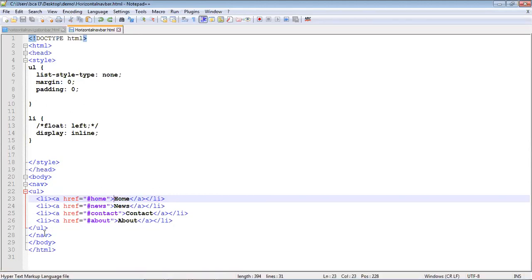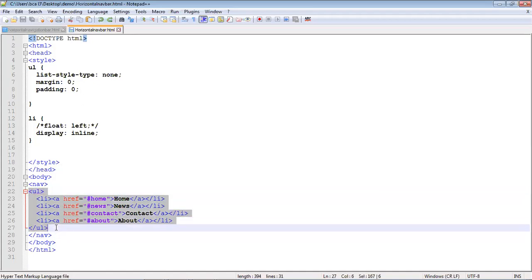This is what we use, an unordered list. Yesterday we already discussed unordered list and ordered list. An ordered list gives you a sequence, some numbers, and after the number you get the text. But with an unordered list, you get some bullet or mark before the text. By using an unordered list you can create a navigation bar, either vertical or horizontal.